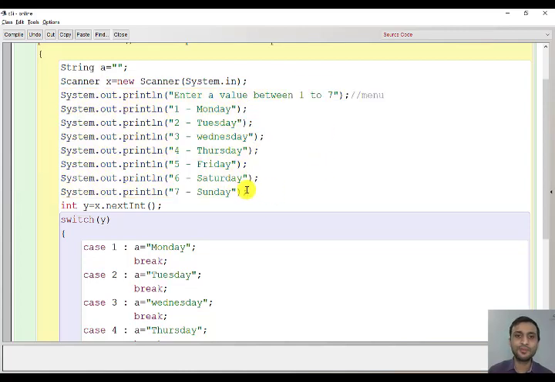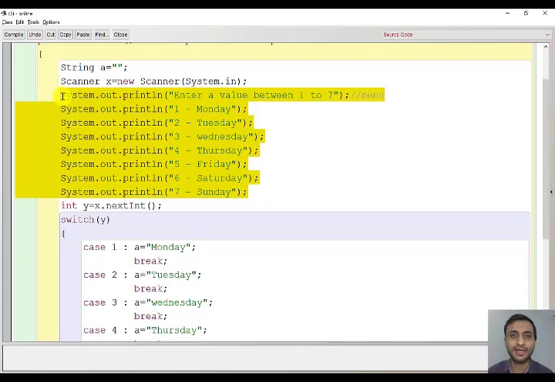So this whole part is called a menu. And if there is a menu present in a program, then we call it a menu driven program. And all the menu driven programs are done using switch. The programs can also be done using if, but menu driven programs are generally done using switch. So if ever you get a menu driven program and if it is asked to do in switch, it is compulsory to do in switch. Even if it is not asked, I would like you to do that program using switch. We'll be doing many more menu driven programs in the future.